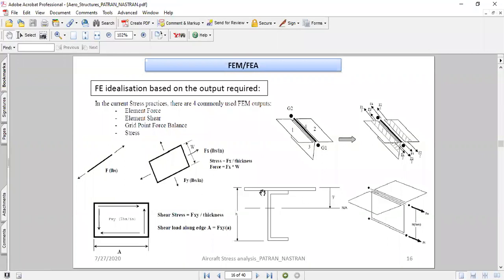For a typical beam like this, it can be the free body loads or the end loads that could be extracted, and we could use these kinds of forces further in our calculations.